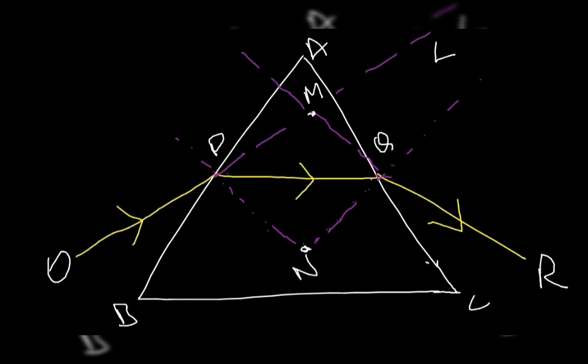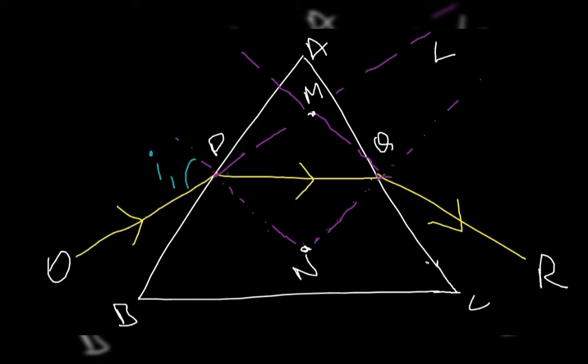Now what do we know about the incidence ray? It is the line from the normal, and this OP is obviously the incident ray. This will be my incidence angle, that is I. Understand this very clearly. I will name this I1.